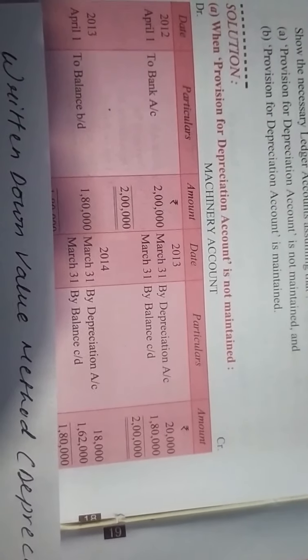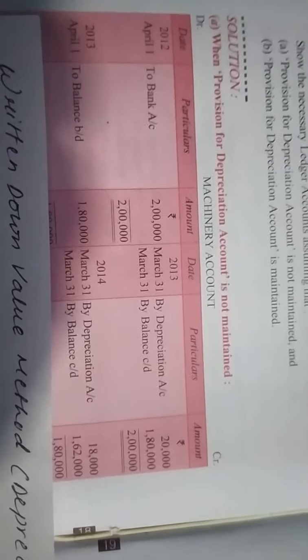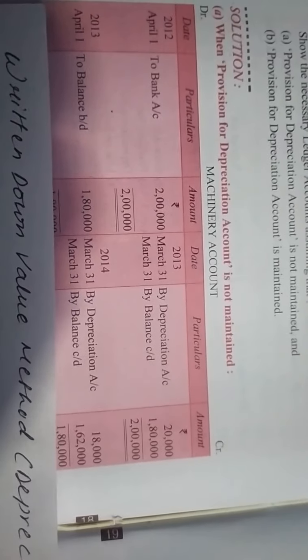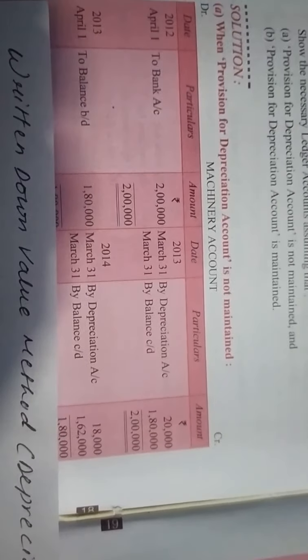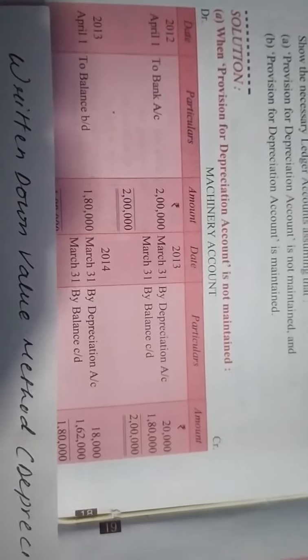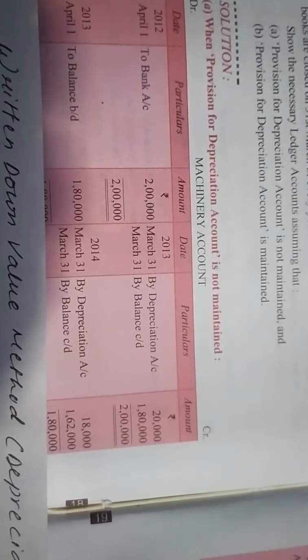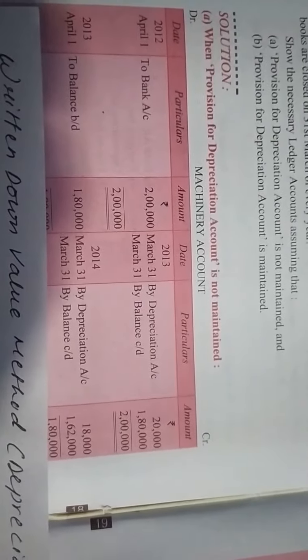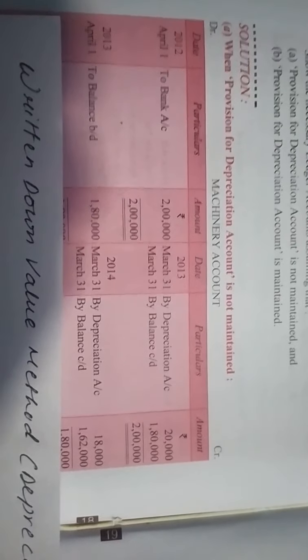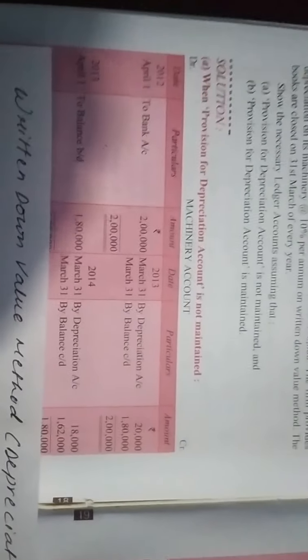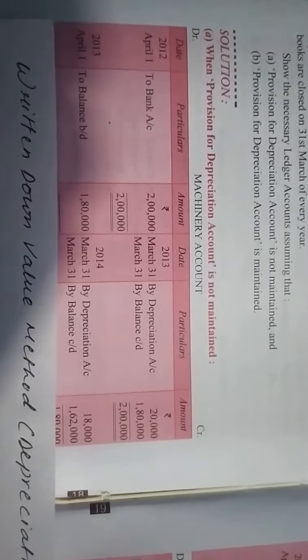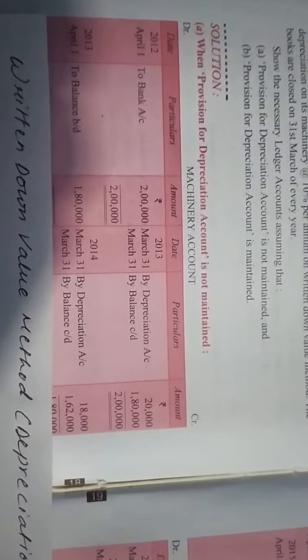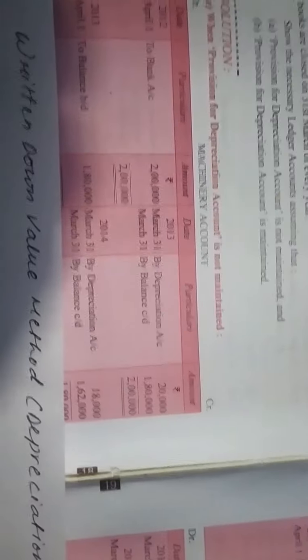Here we need to prepare the machinery account, the ledger account of machinery, and machinery in the journal entry is posted on the debit side. So on the debit side of the machinery account we have to do the posting, but the posting in the particular column will be done by the name of the account representing machinery on the opposite side. On the opposite side, that is the credit side, bank is representing machinery, so we will write the name of bank on the debit side of the machinery account.